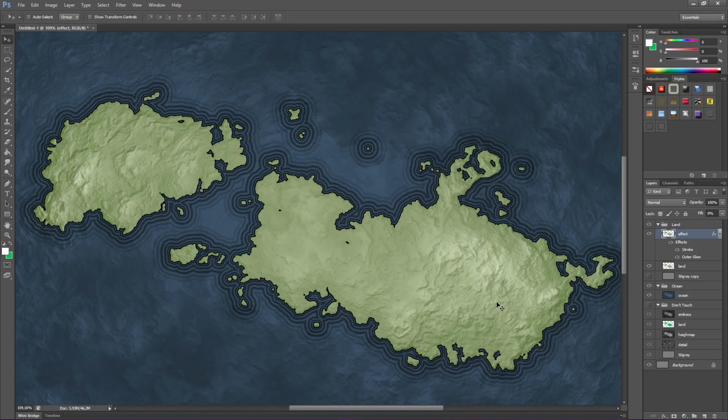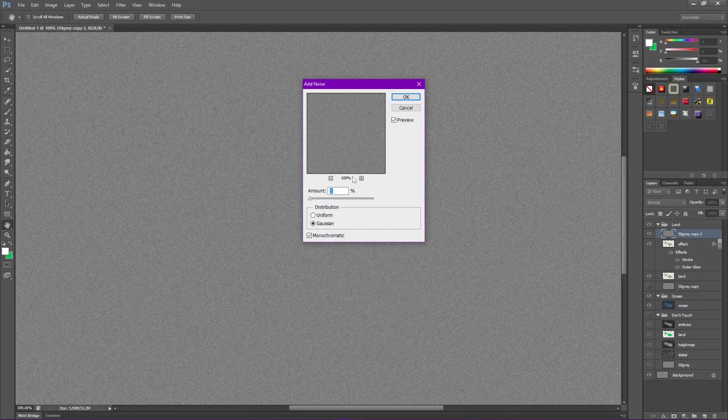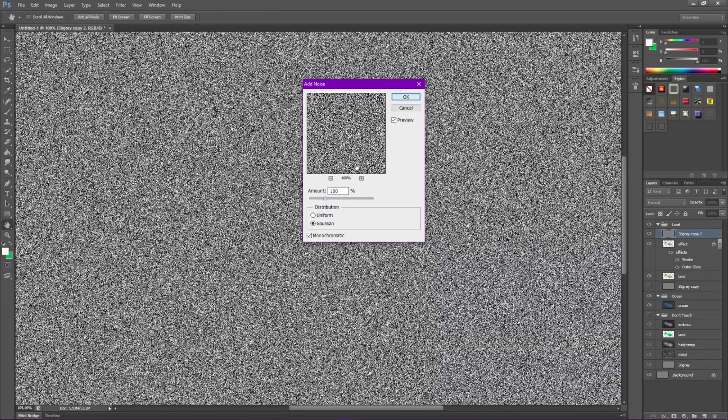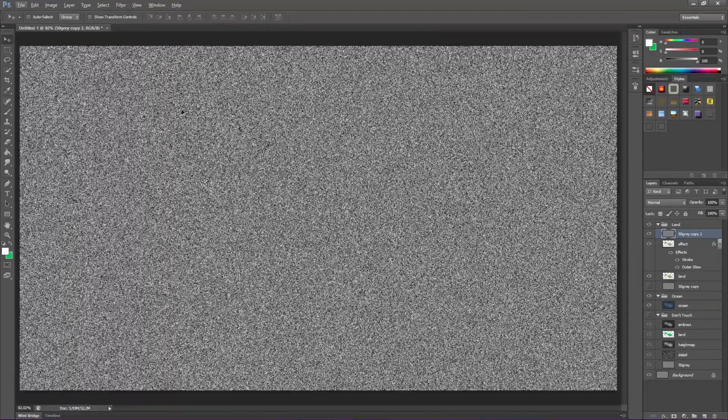The first thing that I want to do with the effect is actually make it rougher, make it a little bit destroyed. In order to do that, we have to create a little bit of a texture. I'm going to take my 50% gray, pop it over here, and we're going to create some noise. We're going to add noise, at 100. 100's a bit much. We're getting a bit of a grid there. Let's go 50. There's still a grid there, but we're going to get rid of it.